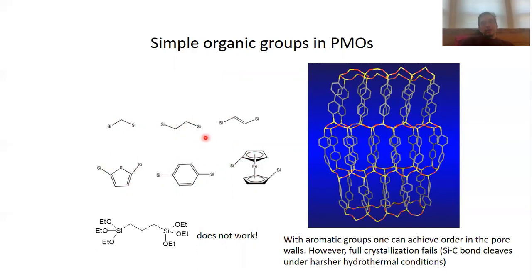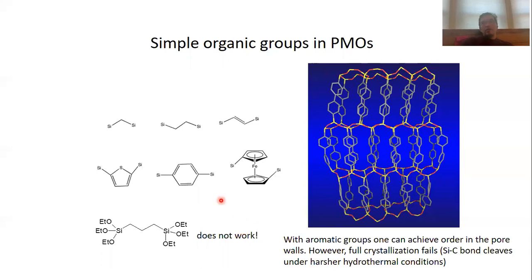But you have a limitation with respect to the flexibility these groups can have. So for instance, when you use propyl groups or other alkyl groups longer than propyl groups, the self-assembly process doesn't work anymore. So a certain level of rigidity is required in order to maintain the porous